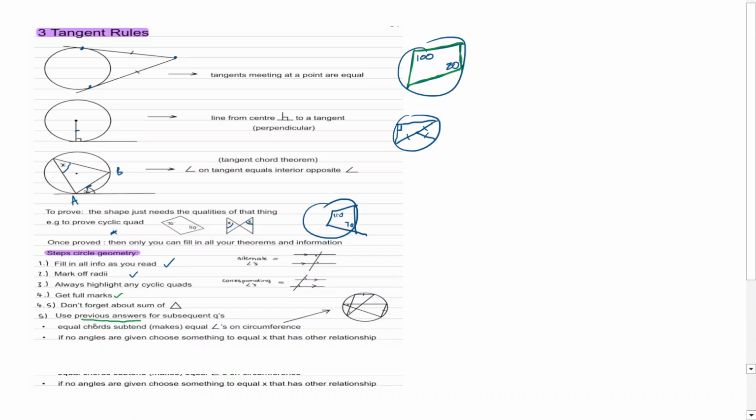And then two other bonus tips that are a bit left field: if you've got equal chords that are given, then magically the angles opposite those chords will be equal, and the reason would just be equal chords subtend equal angles. It comes from the rule when you've got angles in same segment, because imagine there was a chord here, AB, and obviously it's the same for both of these triangles, and so maybe you're getting used to angles in same segment. Now imagine I just cut this AB away